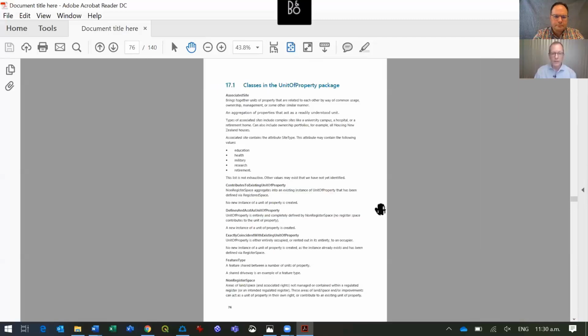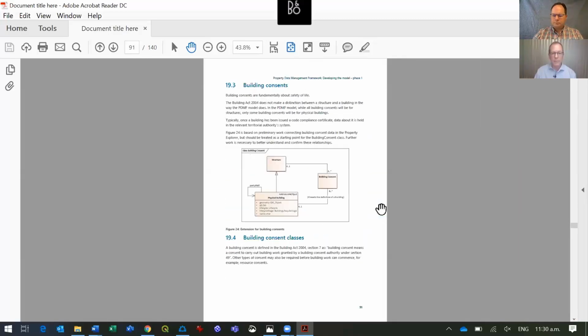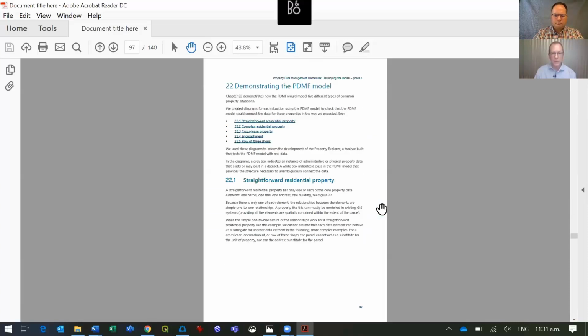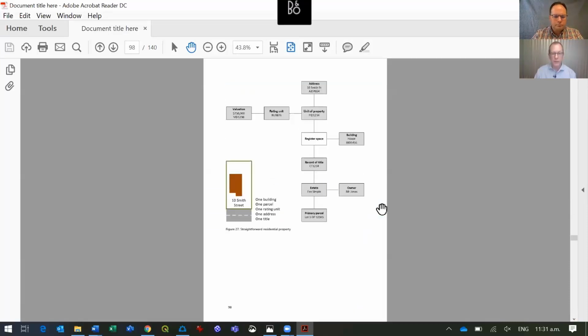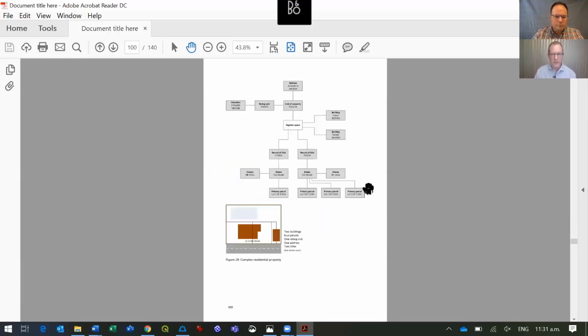But we only picked a couple of the very popular examples that we were aware of. So we picked a straightforward residential property, a more complex residential property, things like that. But I think a library of templates and examples is a great idea. I'll look at making some more of those, particularly if people give me specific examples. But if anybody else wants to contribute to that, then all help gratefully received.